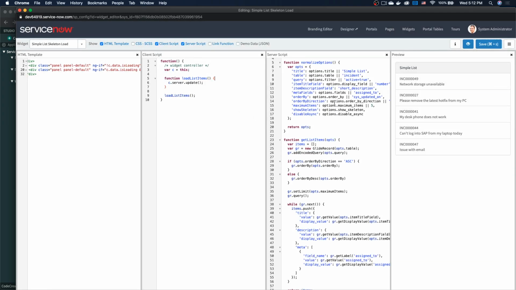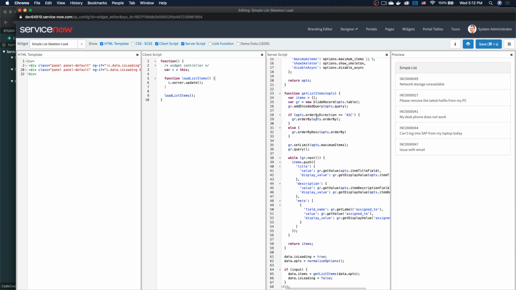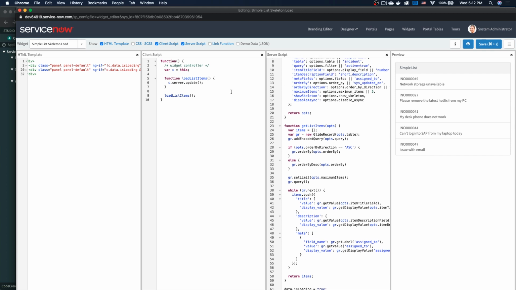All right. Now, the reason I set this up is so that I can turn around if input or opt.disable async, and then if c.data.opt.disable